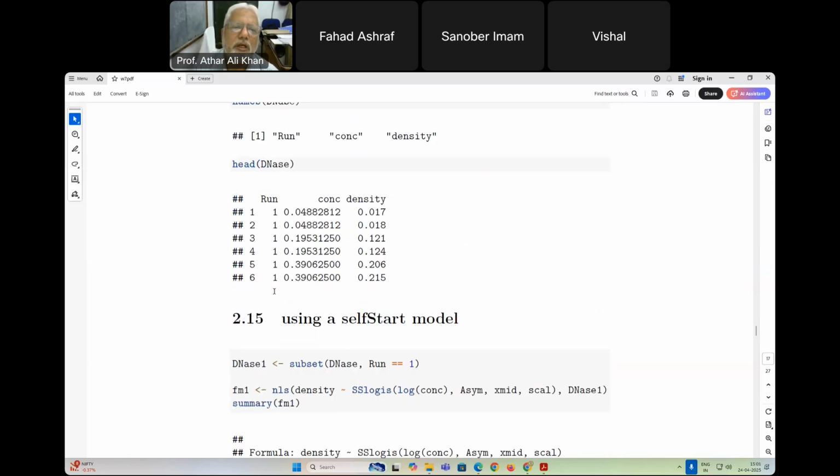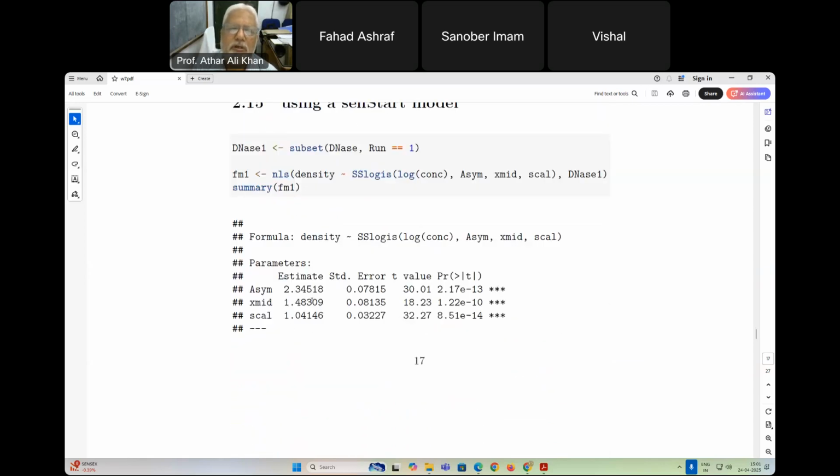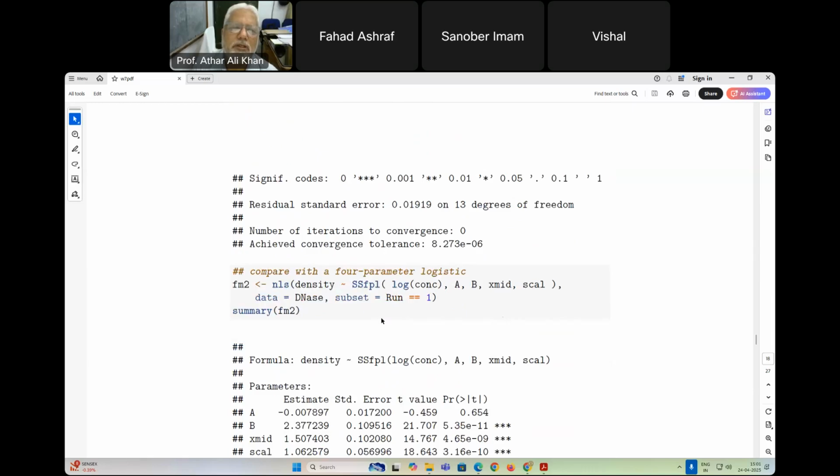So, named DNase, and using the self-start function, we have DNase1 as a subset, DNase run equal to 1. We have selected a subset of data with run equal to 1, and we have fitted nls density versus SSlogis, and these are the parameters of the model, and these are the results. All these parameters are